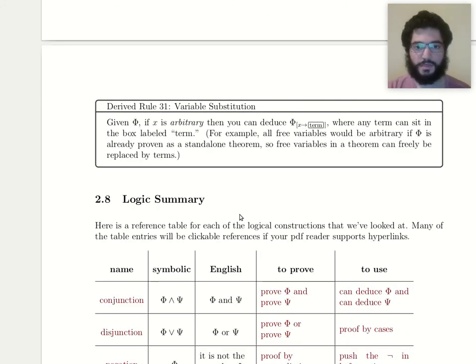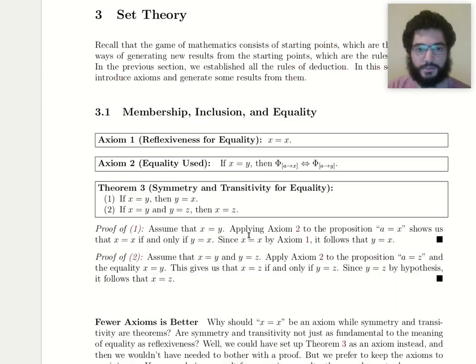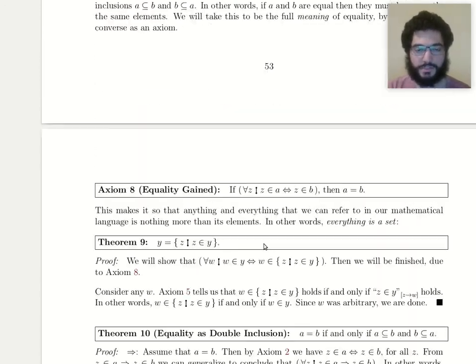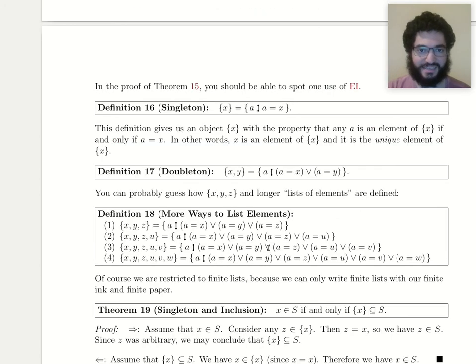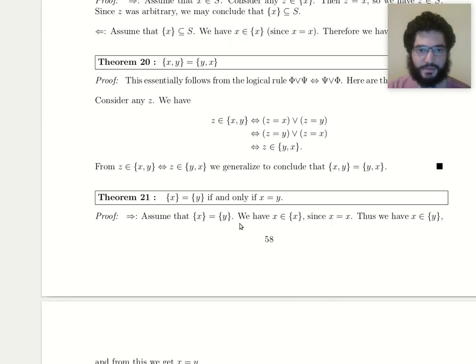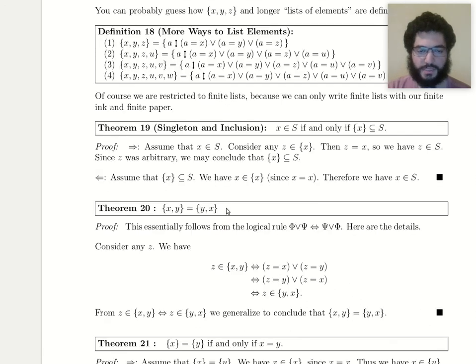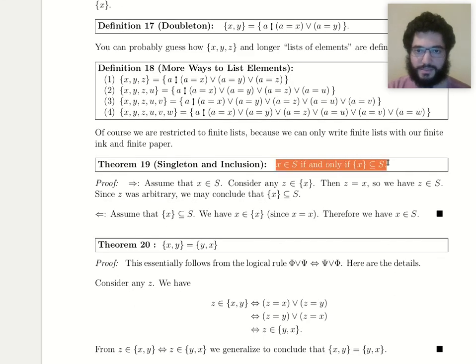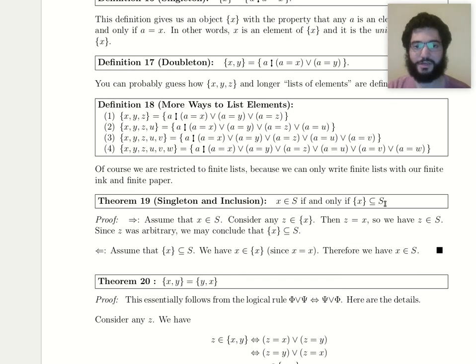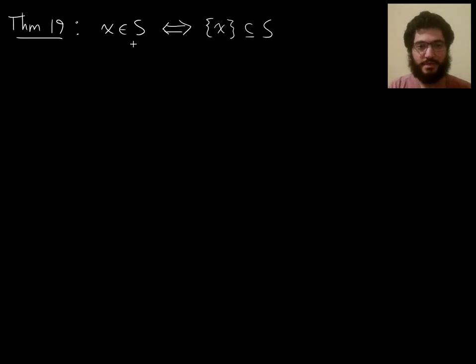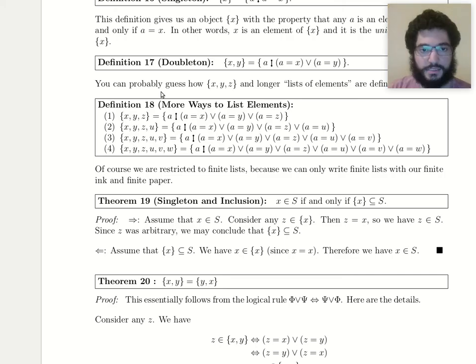So let me give you an example from much later. Let me just pick a random theorem, regardless of whether we understand what we're looking at or not. How about this one? Theorem 20. Or actually, how about this one, just to pick something that's a little bit more complicated looking. So here's theorem 19. It has two free variables in it, x and s. And it's a theorem, meaning it's a standalone thing that's true.